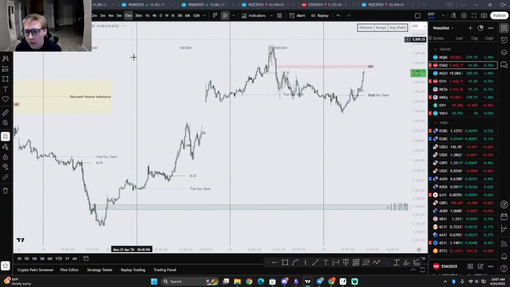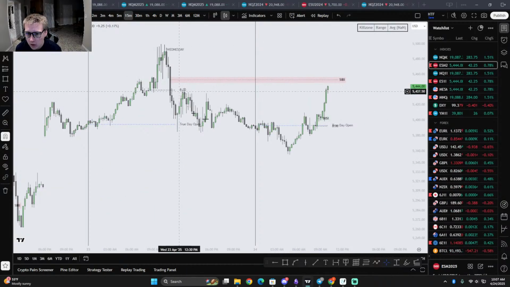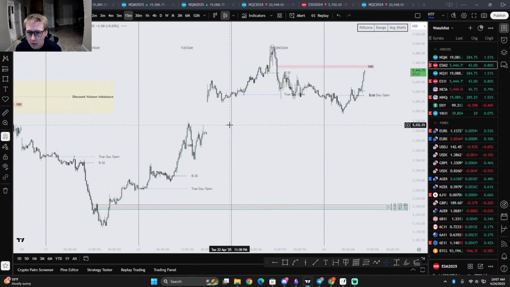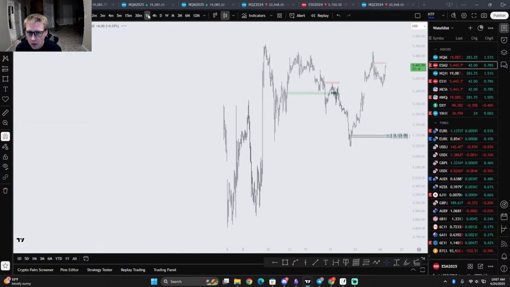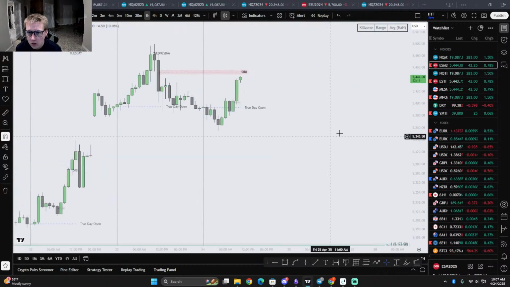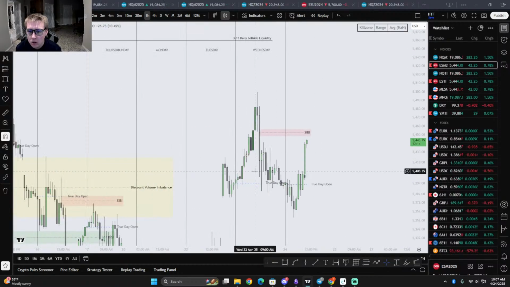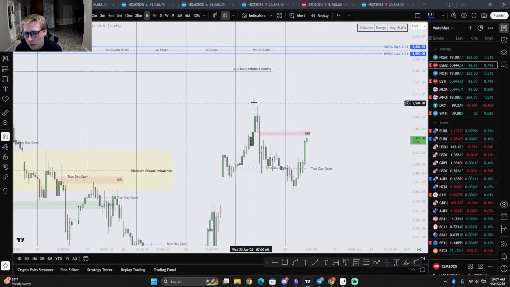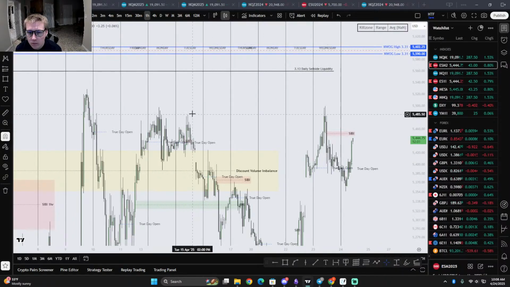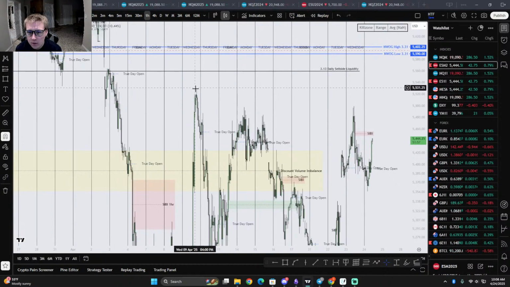On ES, it is still looking like we could trade into this and then possibly trade back lower, but actually no, I would really want to see us take this high. Look at this displacement now. Still have buy side here. And obviously, we have buy side on April 9th as well. We also have this gap here as well.